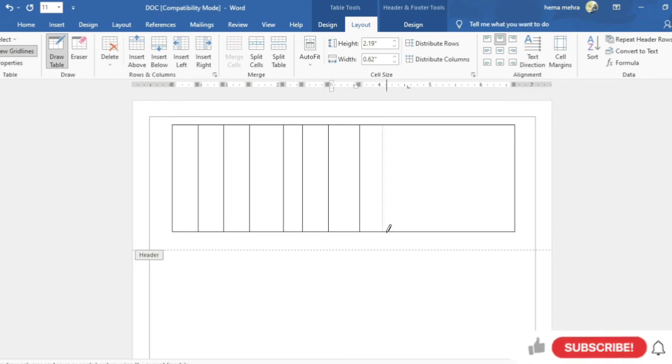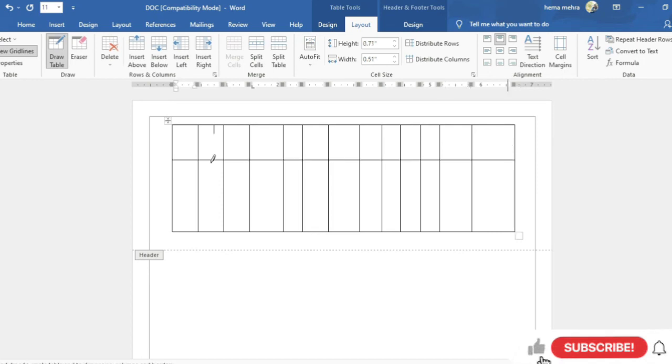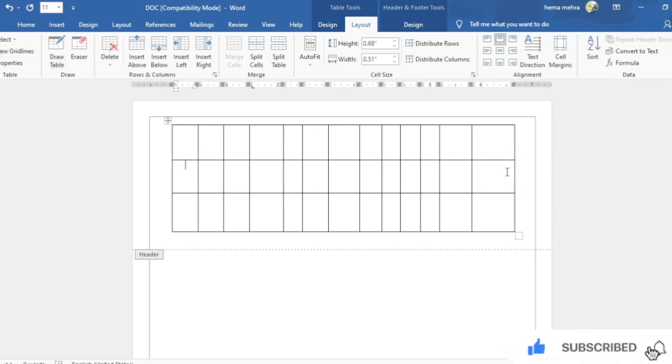So this will create a row, and after that, if you want to make a column, you just have to move from the left side to the right side of the rectangular box which we have added at the first step. So this way you can add any number of rows and columns in your table.